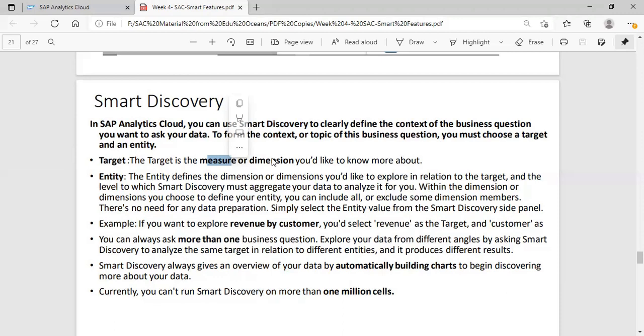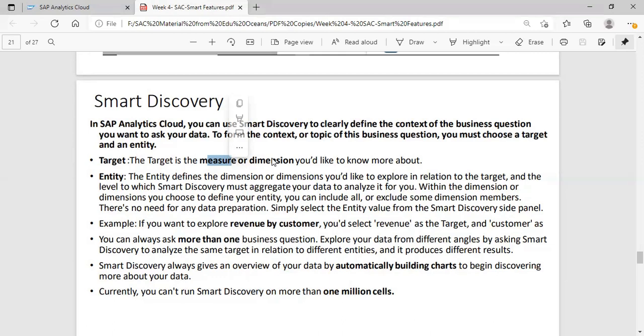It is totally dependent upon your requirement, how you are preparing your data, and how you are enabling your entity and targets. So it's totally up to you. If it is required, you can choose your entity by including all, or you can exclude also.